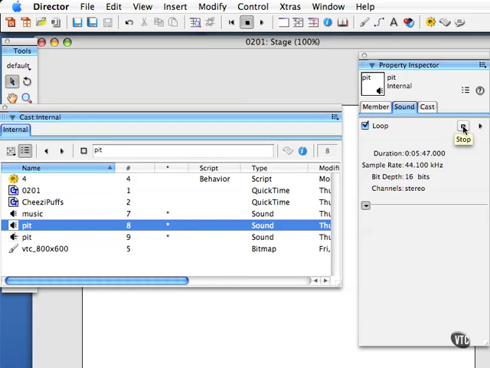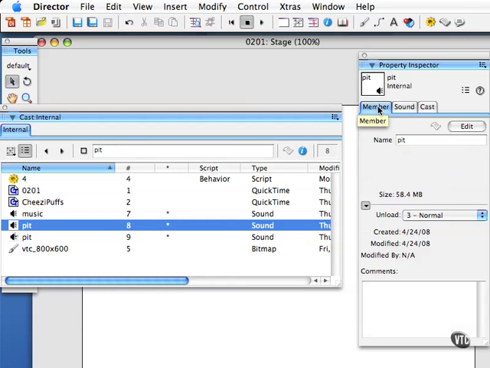And as I mentioned previously, you'll want to make sure that all of the sounds play fine after you've imported them by performing this play function here in the Property Inspector. Click the Member tab here in the Property Inspector to display editable and non-editable options for this cast member. For example, you can change the name